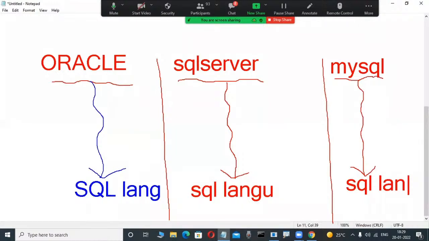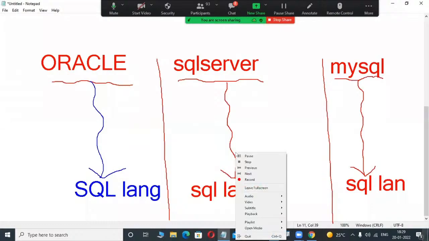Now what is my doubt? So many people attending this demo class have a doubt: are all these SQL languages the same or different? Anybody guess? Only one answer is correct. Whether you work on the Oracle database product, your friend works on SQL Server, or your other friend works on MySQL, all these persons use the SQL language, but are all these SQL languages the same or different? Maybe some technical persons in our class are telling, these all SQL languages